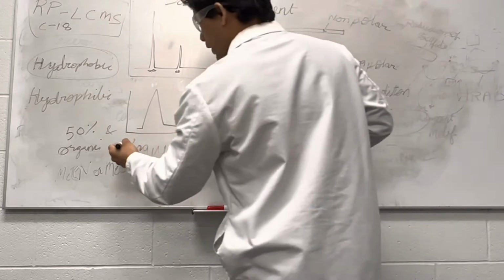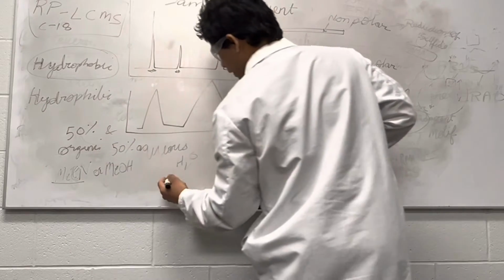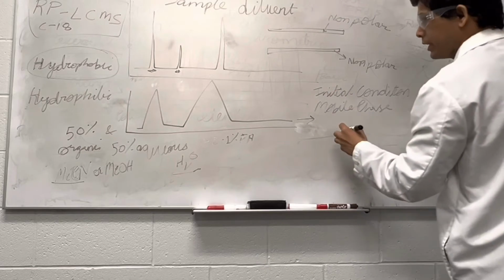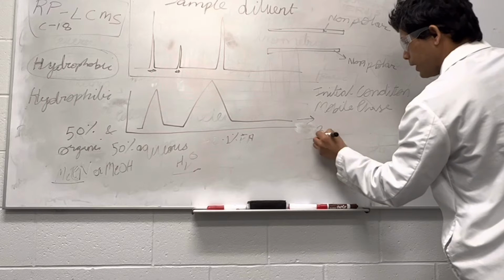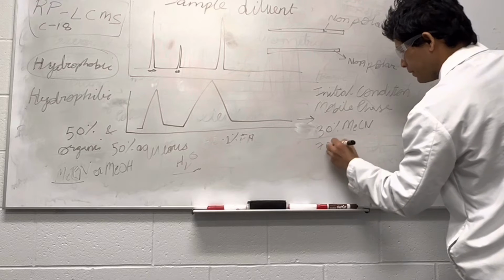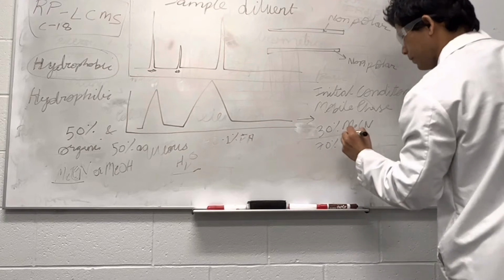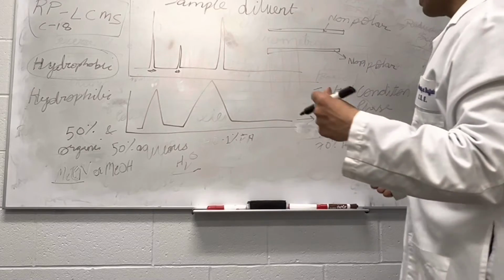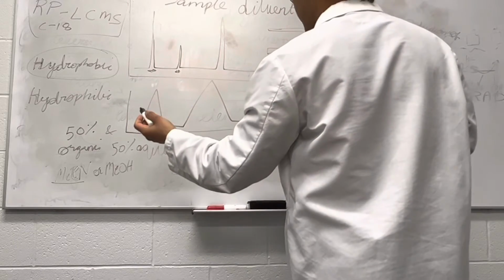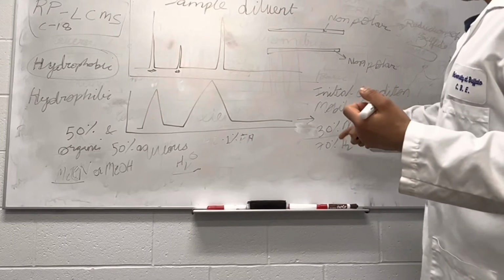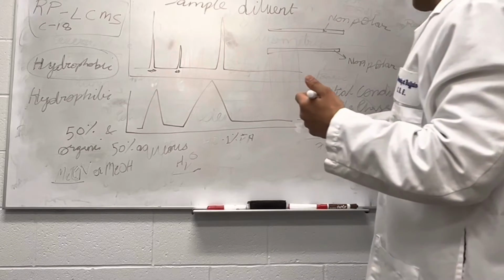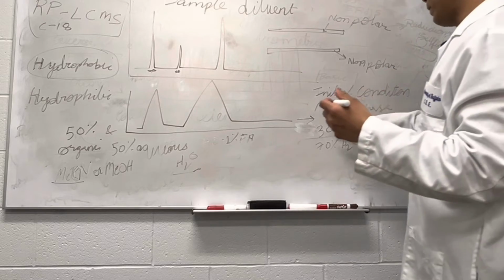If we are using 50% acetonitrile and 50% aqueous water in the diluent, and the initial condition has 30% acetonitrile and 70% water, then the elution strength of the sample diluent in this case is stronger than the elution strength of the mobile phase. So what will happen is, when the sample gets mixed with this mobile phase,